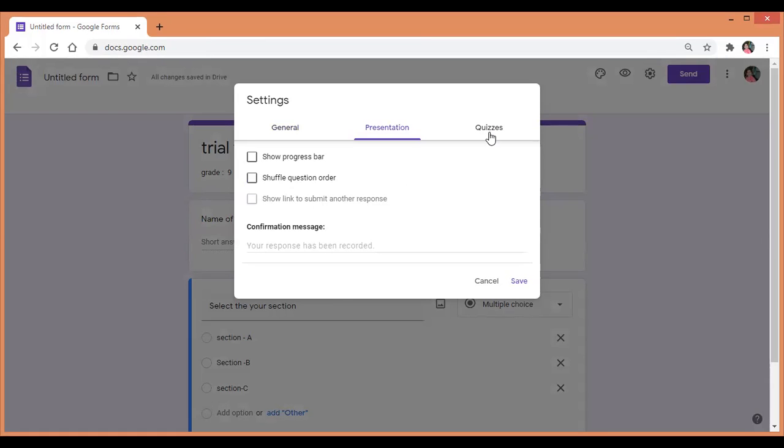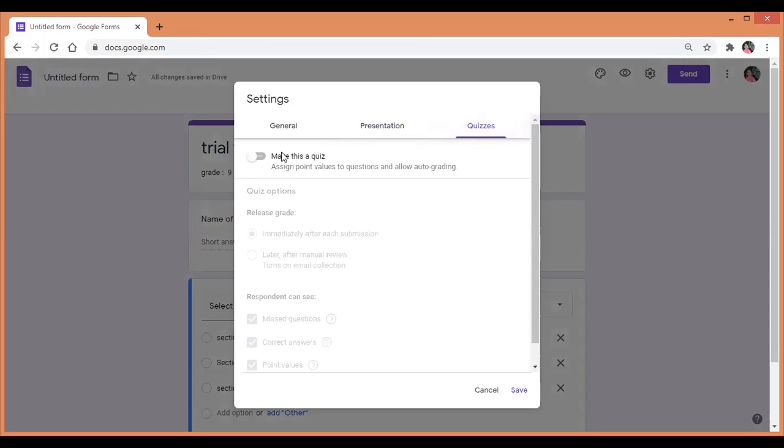Then go to third, that is important settings. Make this a quiz, and here you have 2 options: release the grade immediately after each submission or later after manual review. Once students submit their response, immediately they can see the marks that will be automatically calculated by Google.